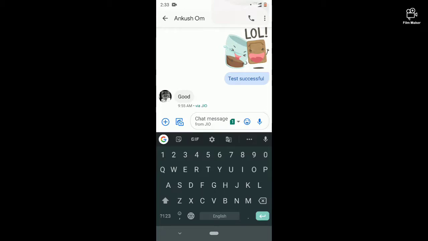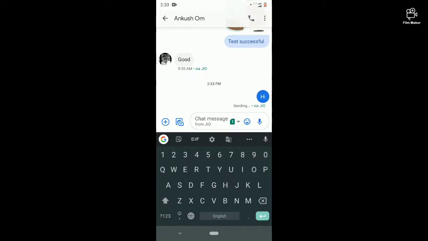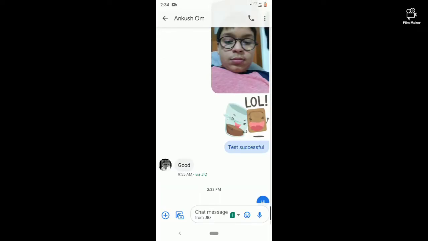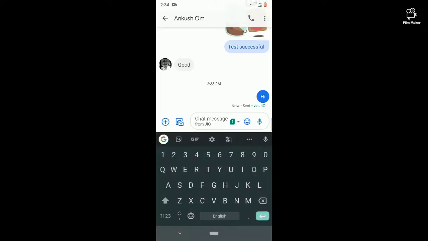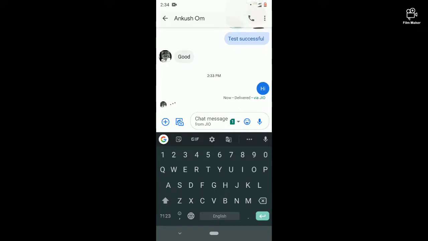Like I send here "hi", and you can see if it is also activated on my other device. Here if the other person is typing, you can see the typing icon comes,